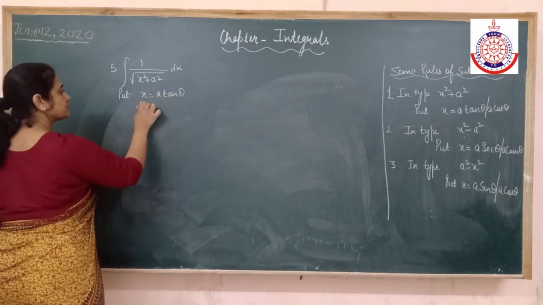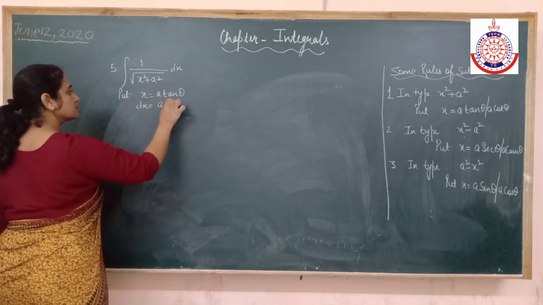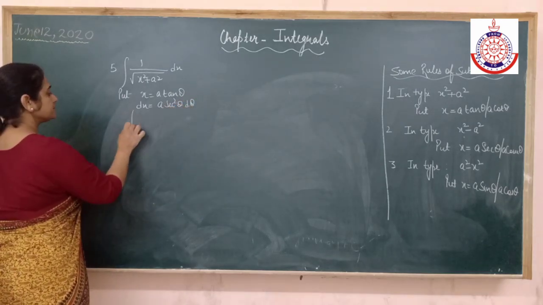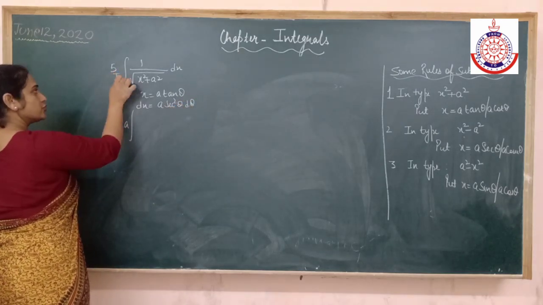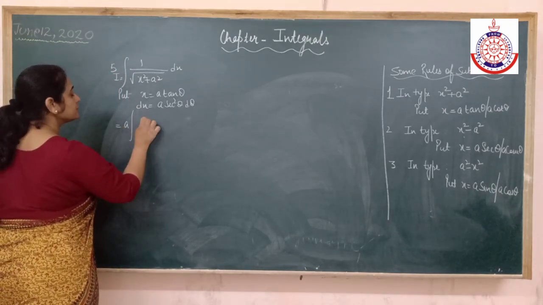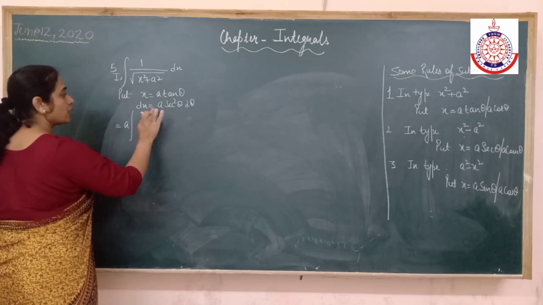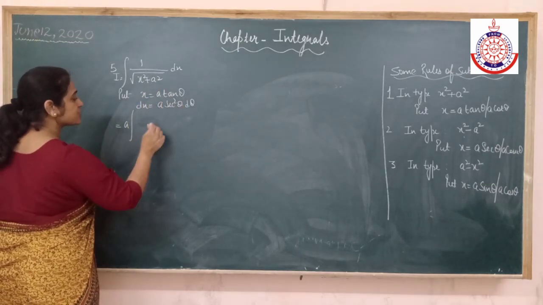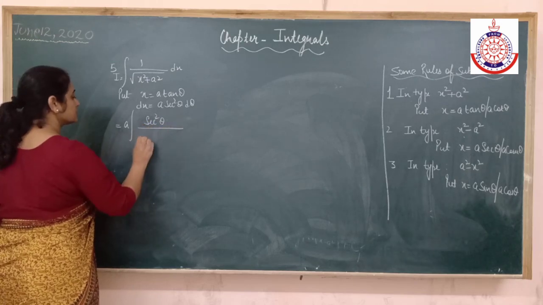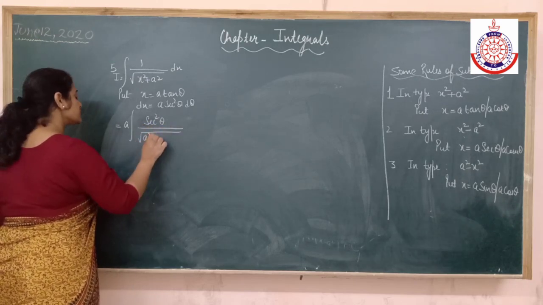Differentiate, substitute, you should put it equals to I. It will be, I have taken out, in place of dx, it will be a secant square theta. In place of x,